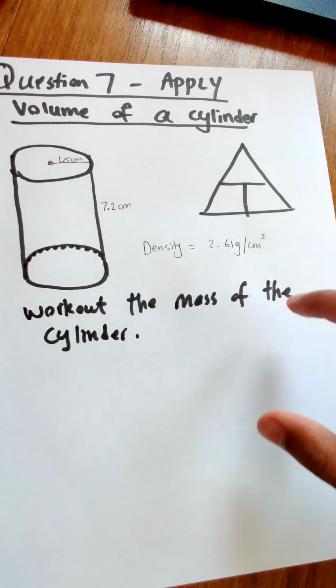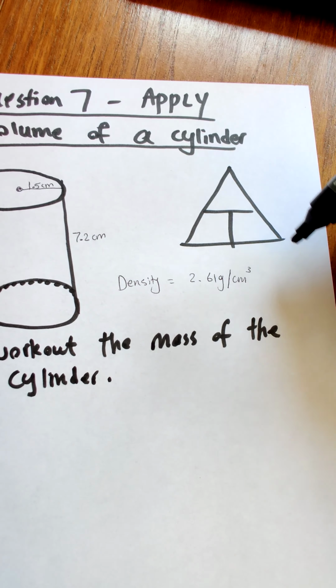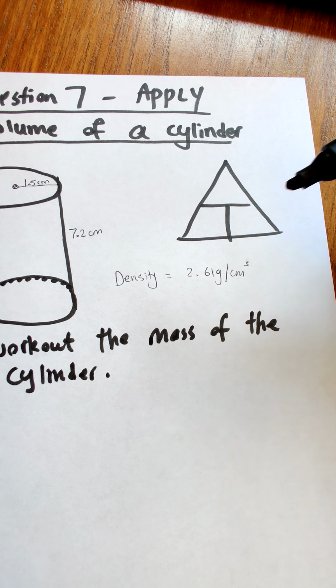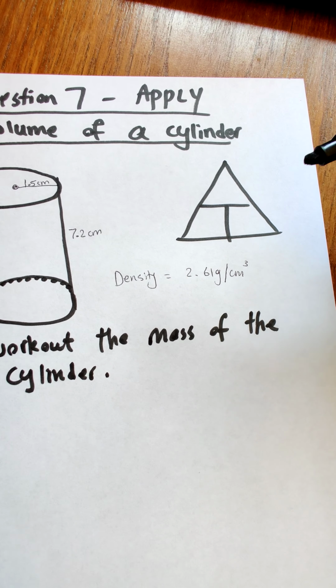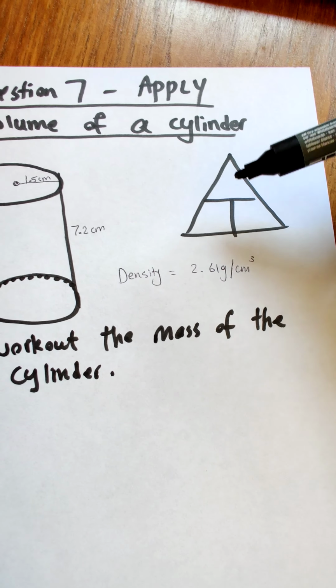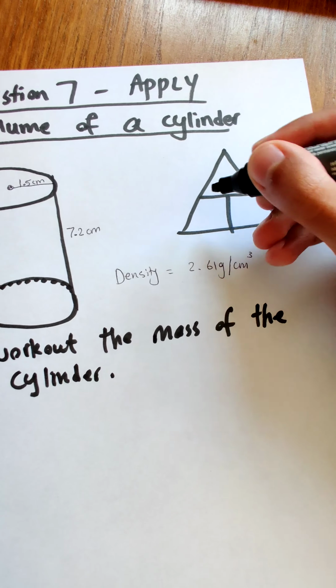So we need to know that. And this one, typically you will know this in year 8 and definitely year 9. You'll know what the formula for mass is. But the general rule is that whenever we've got to find the mass, then we know